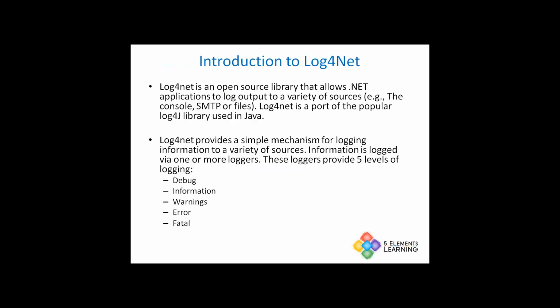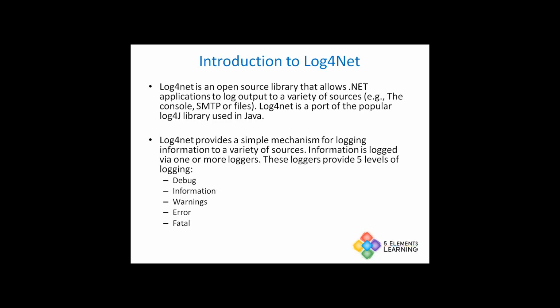So like log4j, we have log4net, which is an open source library available with the .NET application, which allows us to output to a variety of sources. For example, we can send the log output to the console window, to the text files, etc. It provides a very simple mechanism for logging, and there are generally 5 levels for logging: debug, information, warnings, error, and